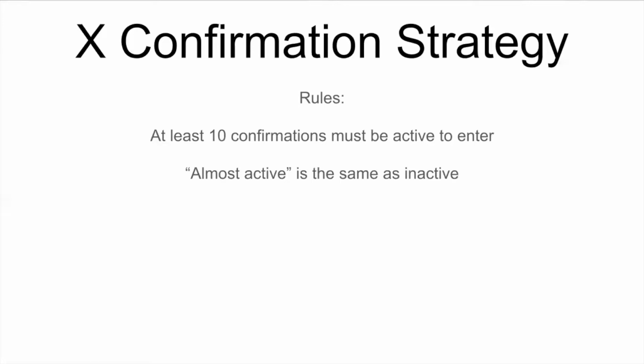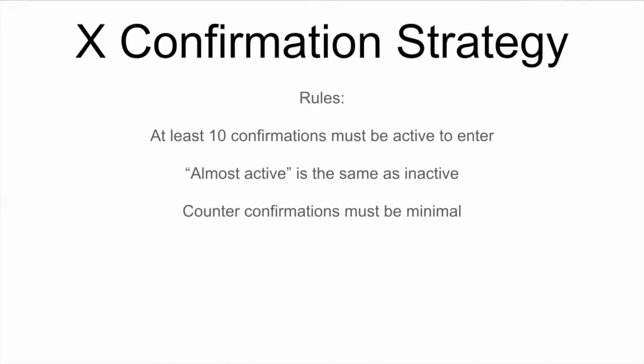So let's go over some rules in the strategy. There aren't too many. At least 10 confirmations must be active to enter. So if there's 8, 9, so close, you need 10. Almost active is the same as inactive. So when you're looking at a confirmation, if it's almost ready, if it's almost valid, it's still not valid. So if those moving averages or the MACD are about to cross over, the 200 about to cross over, but they haven't yet,